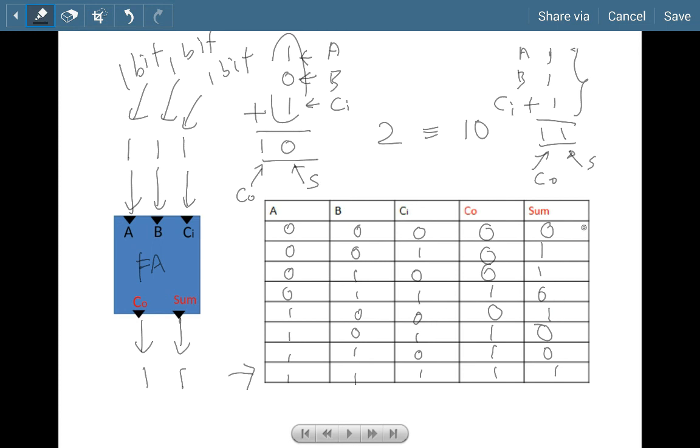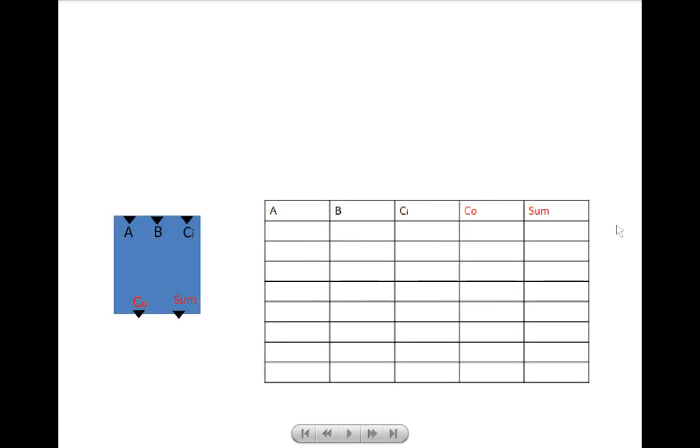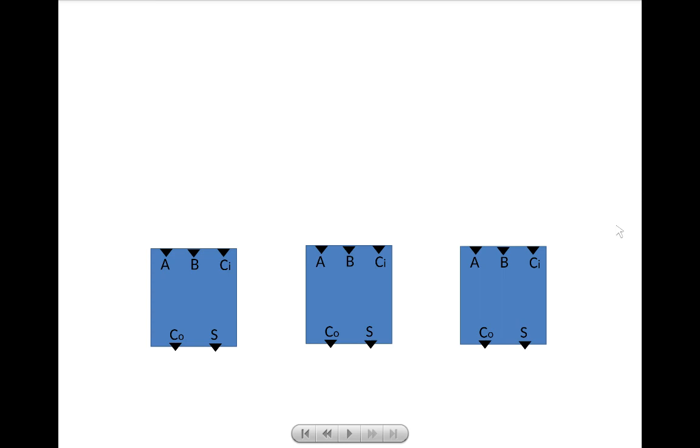With this truth table, you can start designing the circuit diagram, and you should have a diagram. Refer to the lecture notes slide, you can take a look. It is made up of XOR gates, AND gates, and OR gates. But what I want to focus on in these snippets is not the full adder, it's just a quick revision. Let me move on to the next part, which is how can we use the full adder to perform binary addition of two binary numbers which are more than 1 bit in size. Let's say